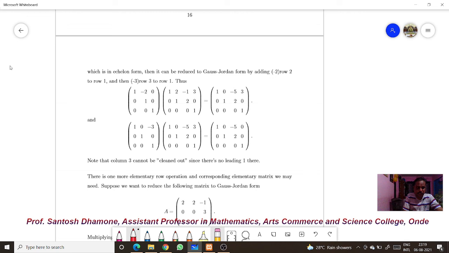Multiplying this by matrix A, we get 1 1 minus 1 half 0 0 3 0 minus 2 5 by 2. This is the matrix. Now we can clearly do two more operations to get a leading one in the 2 by 3 position, second row third column, that is this position, we make 1, and another leading one in the 3 by 2 position, third row, this position, but it won't be in echelon form.